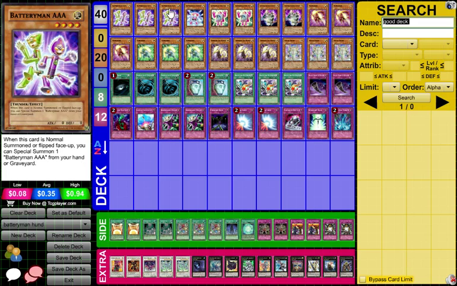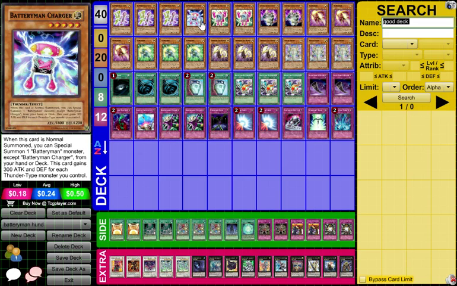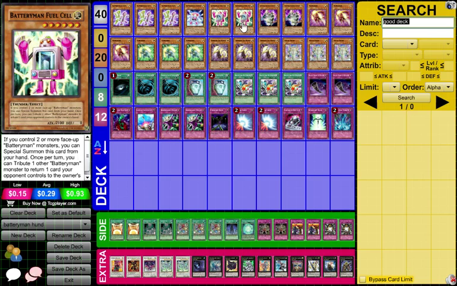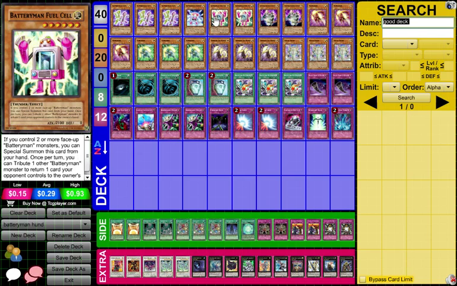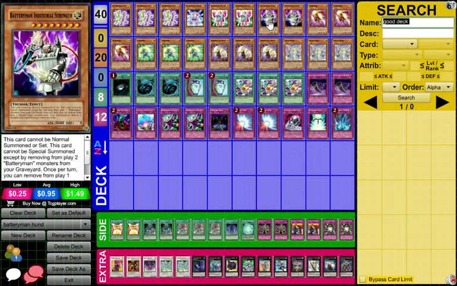You've got Battery Man Charger, which when it's normal summoned, special summons a Battery Man monster. So you go for the Fuel Cell, a 2100 attack beater, then you tribute the Charger and send something back to the hand. Beat them? Yeah, that's good. 2 Fuel Cell,